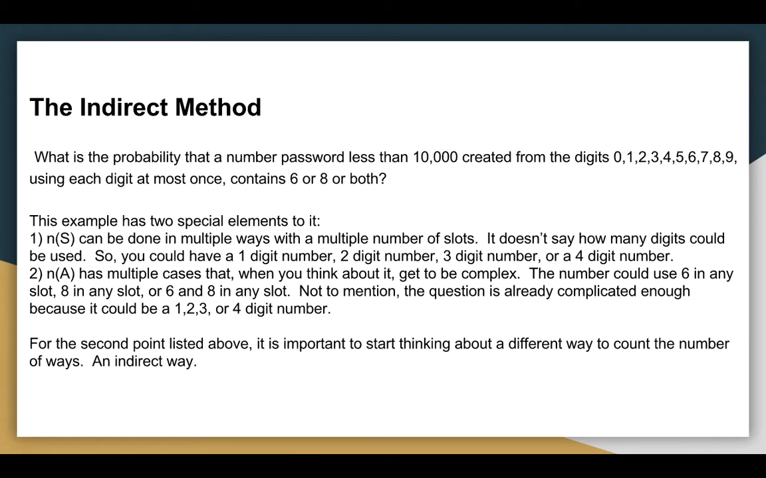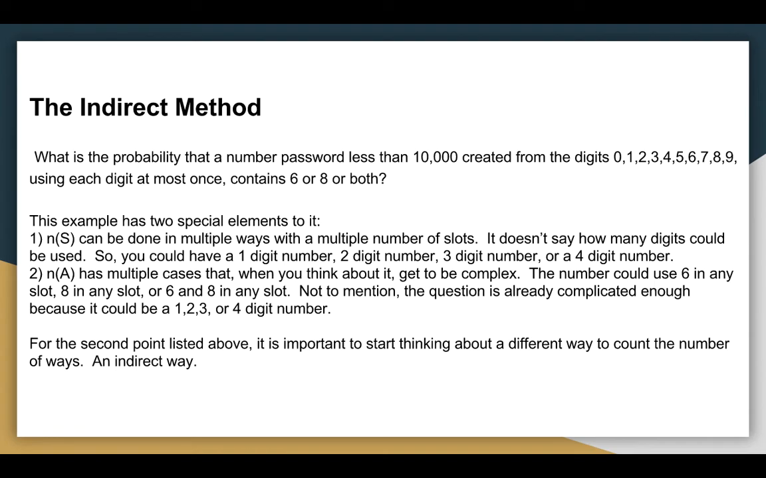And then N of A actually becomes pretty complex. The number could use 6 in any slot, 8 in any slot, or 6 and 8 in any slot. And really, the question's complicated enough. So that second method tells me that the cases are actually becoming mind-numbing. So it's really important to think of a different way to count the number of ways, and it's really an